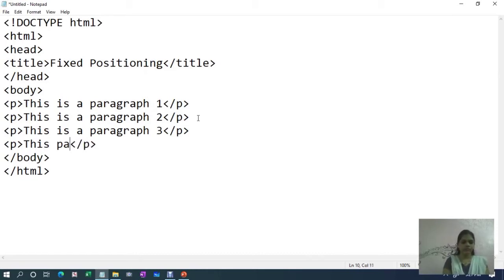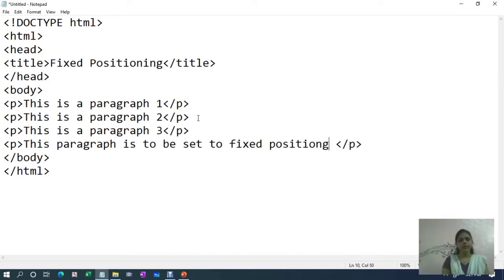This paragraph is to be set to fixed positioning, is to be set to the fixed position.